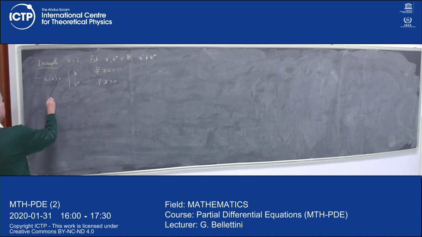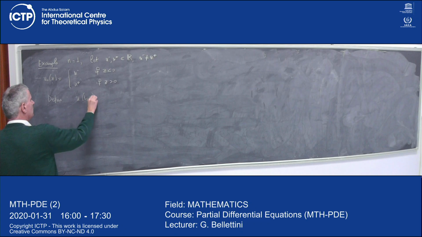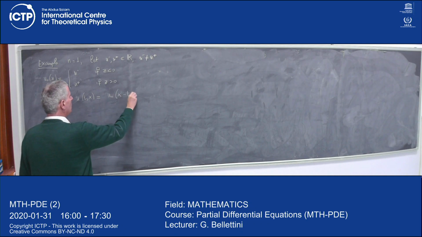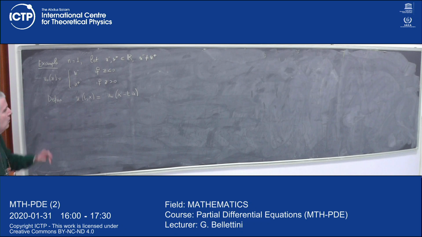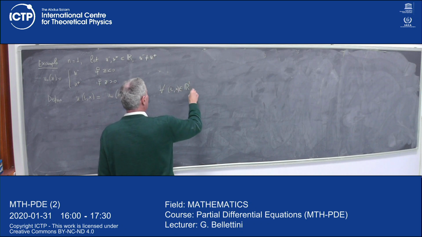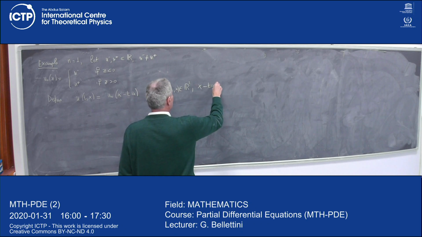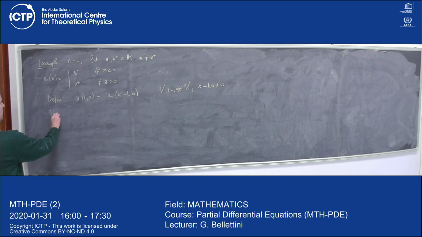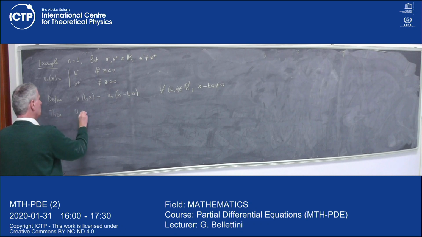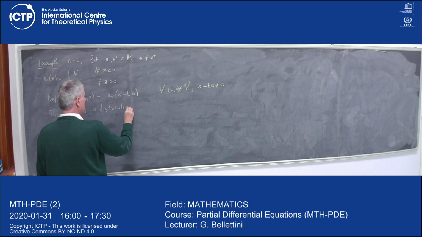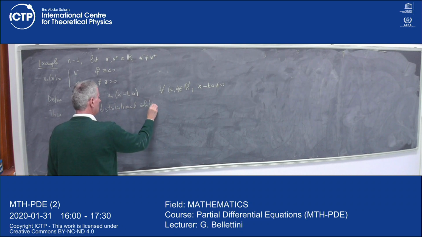Then define u of t, x equal u0 of x minus t a for all t, x in R2, but with the constant a. Then u is a distributional solution to